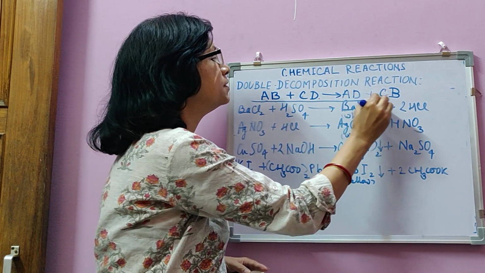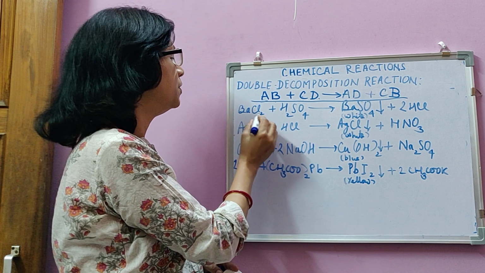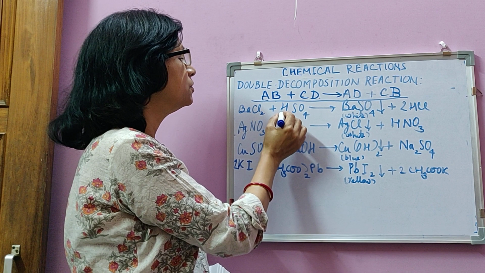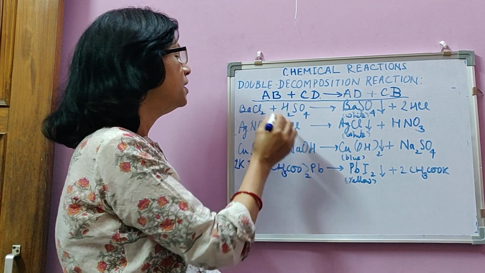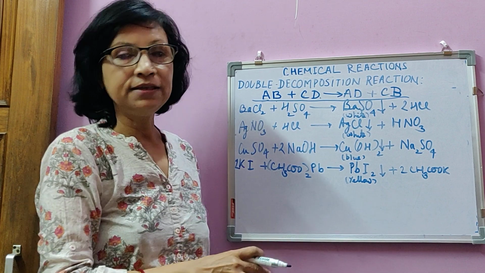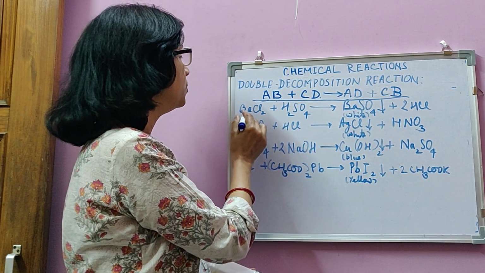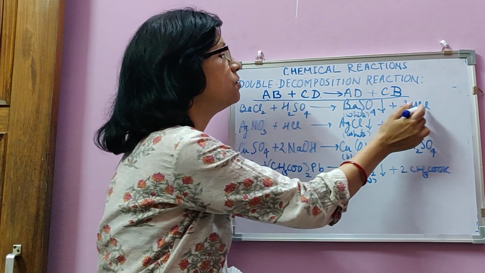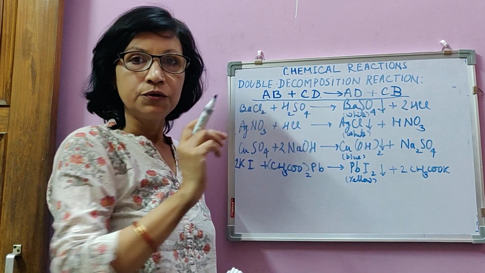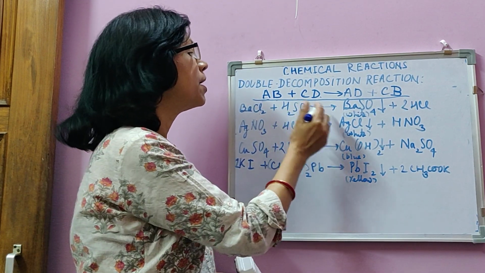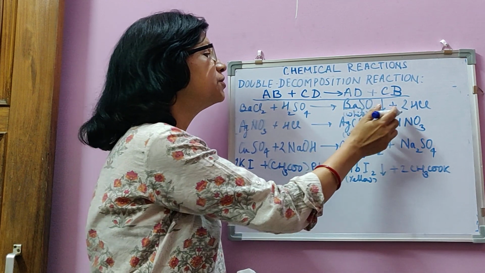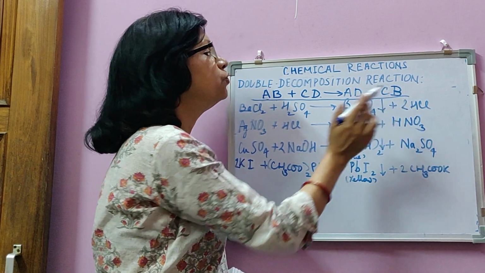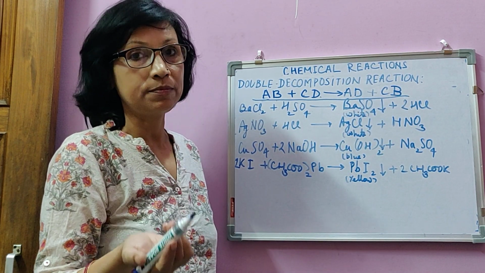We can take a proper example of this. Suppose this is barium chloride, BaCl2, Ba is cation, chloride is anion, and sulfuric acid, hydrogen ion is cation, sulfate is anion. Then they exchange their cations and anions in aqueous solution. So barium goes with sulfate, BaSO4, hydrogen goes with chloride, hydrogen chloride. In this way, two new compounds are formed by exchange of ions, and for this exchange of ions to become permanent, one of the two products should be insoluble.